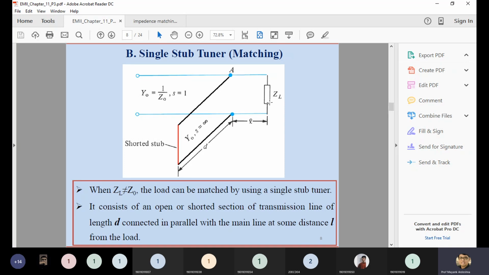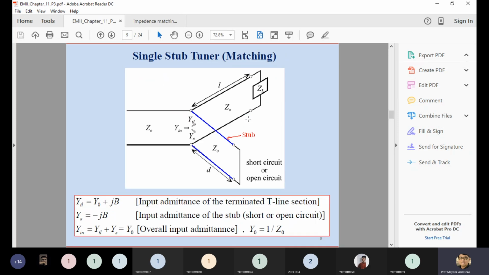So basically, whenever you are changing this load, it may be possible that the location of the wire and the length of the wire change for the changed value of the ZL. So each and every time you have to find out the new location and new length. This is the limitation of your single stub matching. I am not going into detail of how exactly they are found, because this part is sufficient for you people: what is the single stub matching and what is the double stub matching.